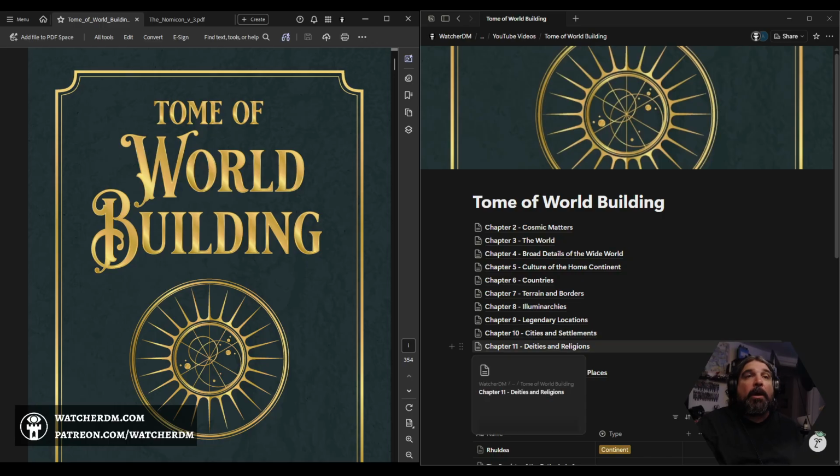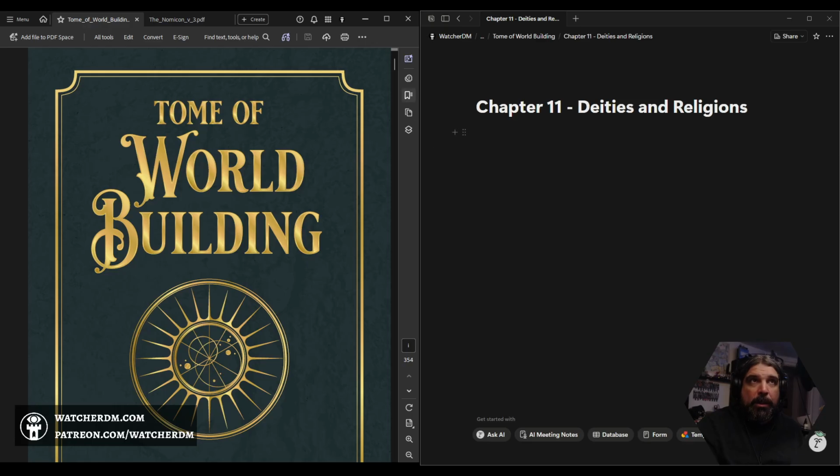So we are going to use the Deities and Religions section today to create another pantheon of gods. So this will not be the gods of the goblins of the Black River that I have already generated in the past as part of the construction of that initial continent. Instead, this will represent the beliefs of some other group of people. And so we're going to dig into that, which should be pretty fun.